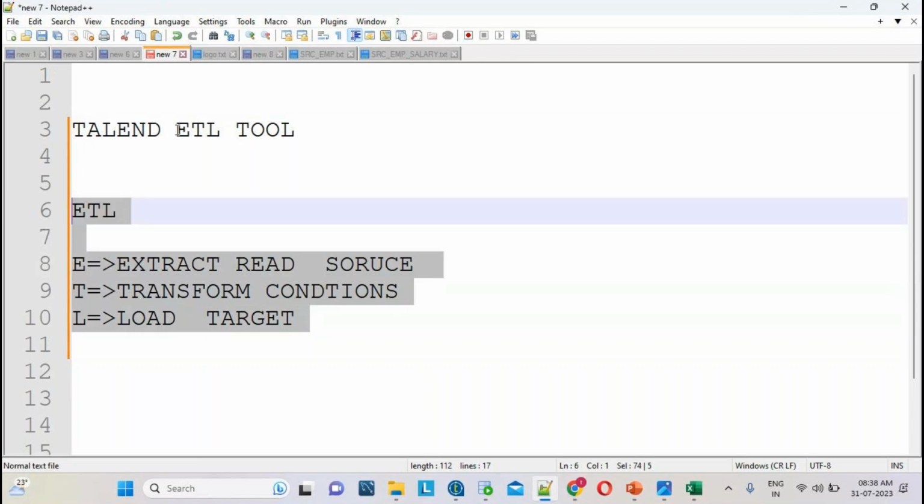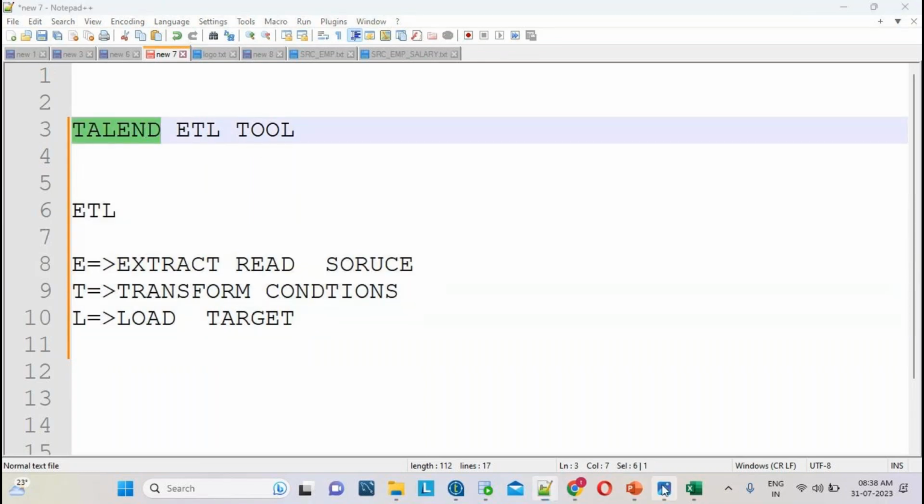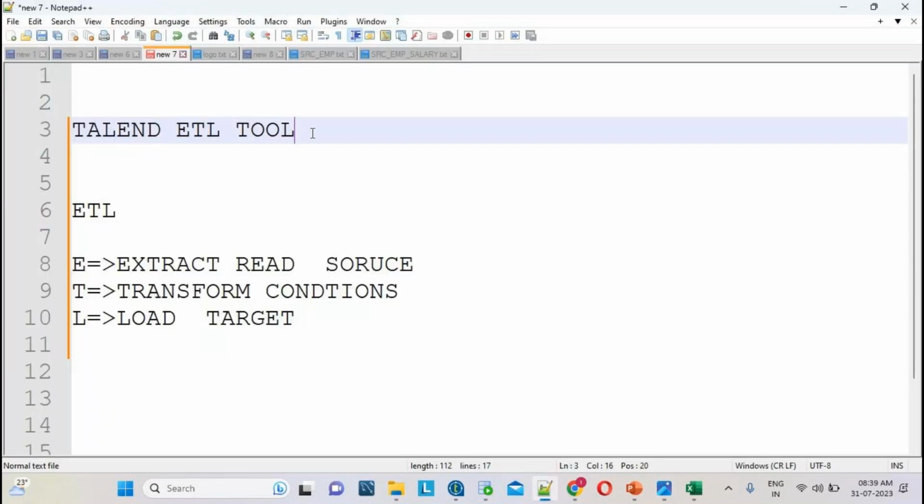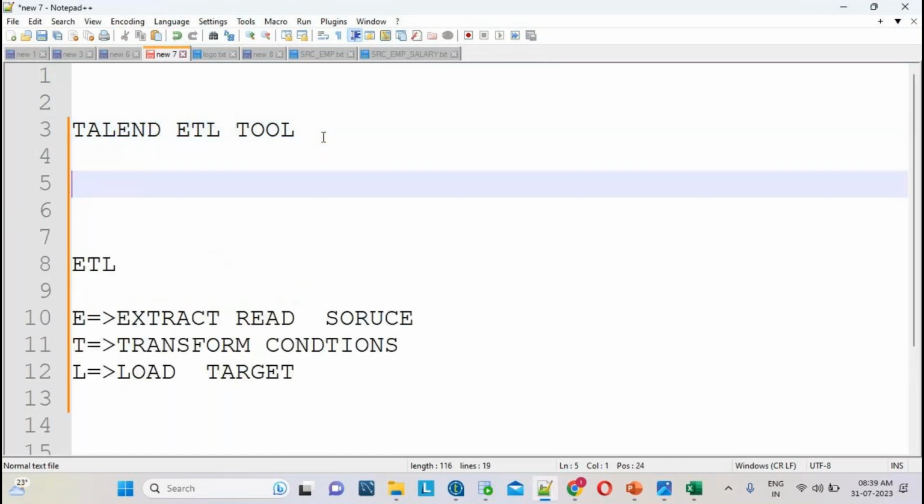Why do we need to learn ETL tools? There are a number of ETL tools in the market: Talend, IBM DataStage, Informatica, MSBI, Ab Initio, SAP BODS. So why learn Talend? With Talend, we can easily connect to cloud connections.